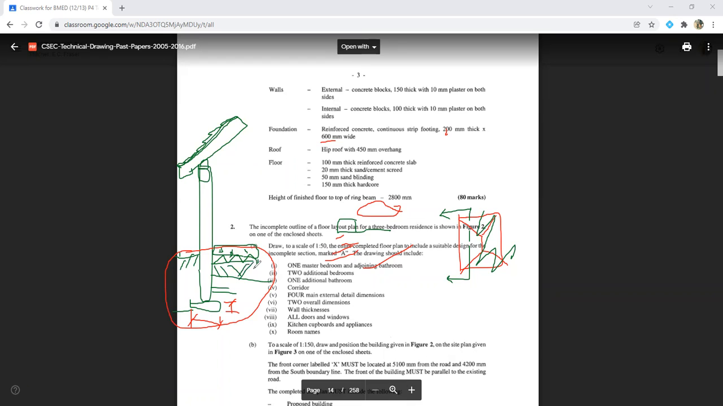So we need to establish these. So this hard core here would be 150. The slab or the concrete floor is 100. We have the screed, which is above, and sand binding, which is above the